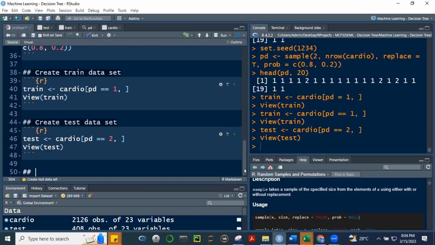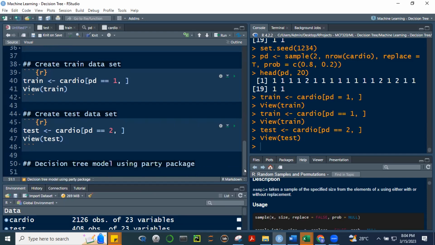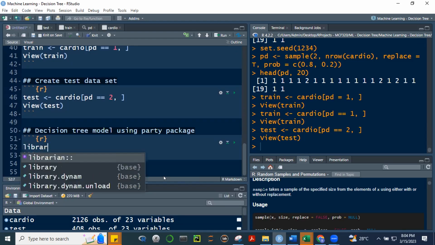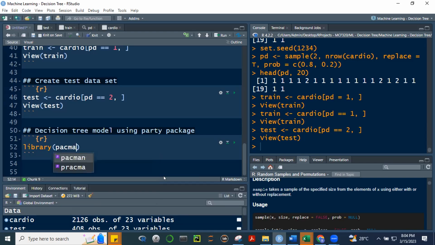All right, so let's now use a decision tree model. We're going to use the party package. There are several packages. Okay, so for a start, let's use the party package. So Control I. Alam natin, i-library natin si Pacman, library Pacman.